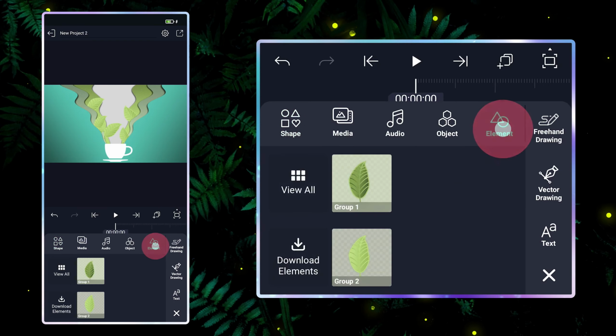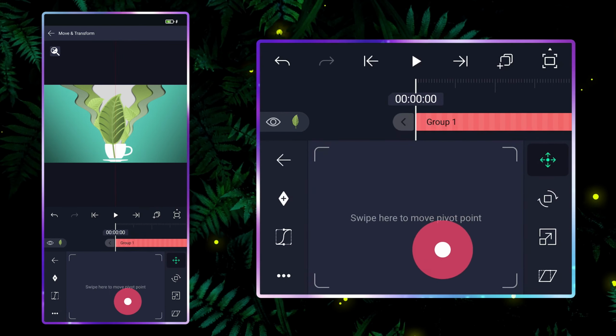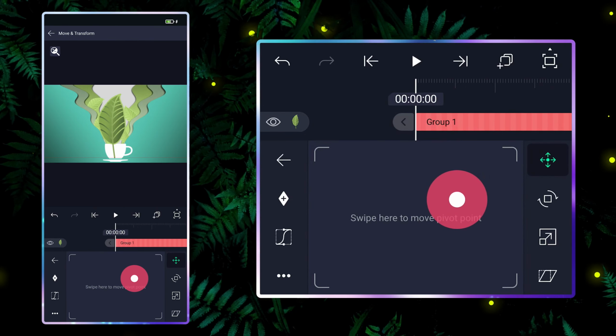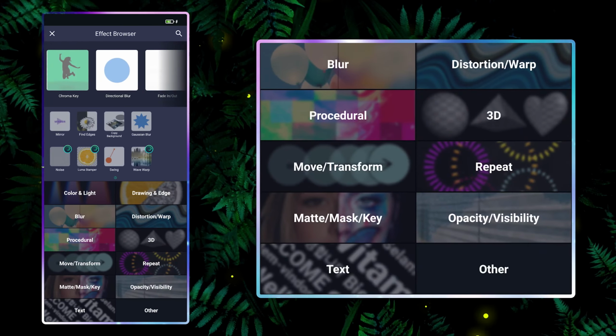Add the dark green leaf element. Apply mirror effect to it.